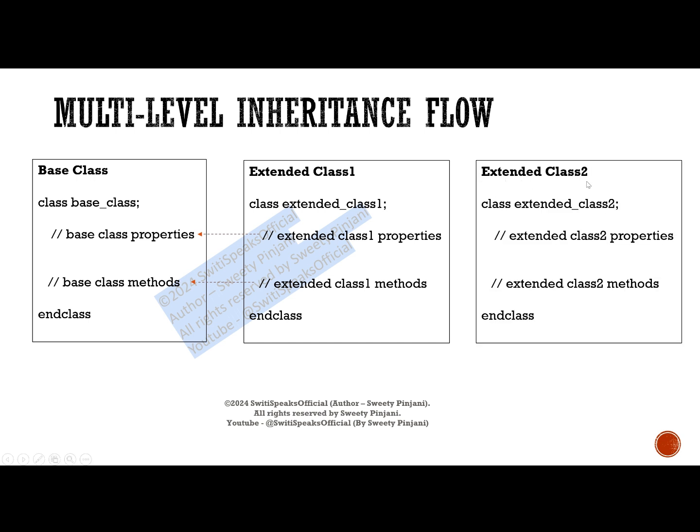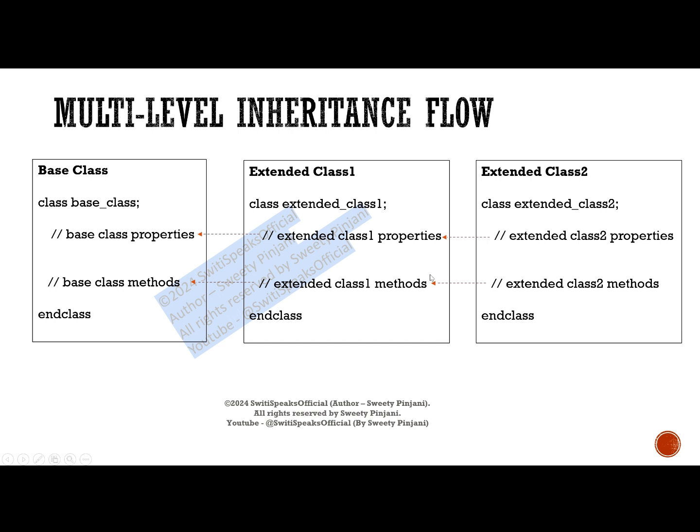And say the second class, suppose that this class is extending your class 1. If you say extends class 1, then when you say extends, that's why I am giving a dotted line, because this will happen when you use the extends keyword. So whenever you say that extended class 2 extends extended class 1, class 2 will start having access to your class 1 properties and class 1 methods. As soon as you give the extends keyword, this access is active. This is how multi-level inheritance works.